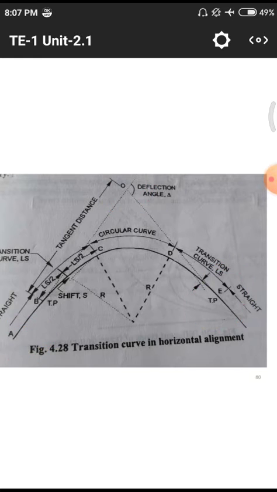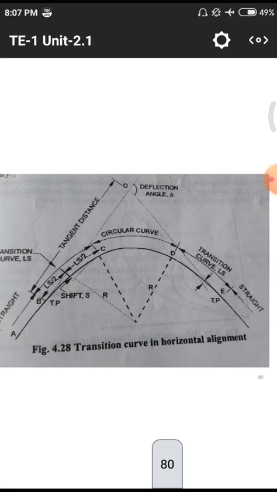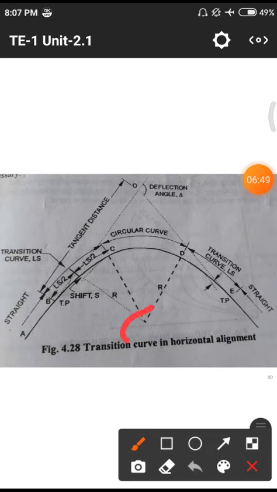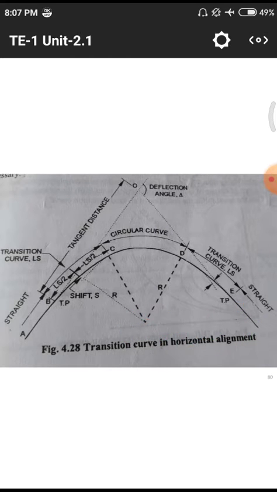After that we have a center. That means we need to locate the center for that particular horizontal curve. This is the center. After that we need to choose a particular radius, that means an economical radius, at whatever distance we need to draw it. After choosing, we need to implement it on that road.